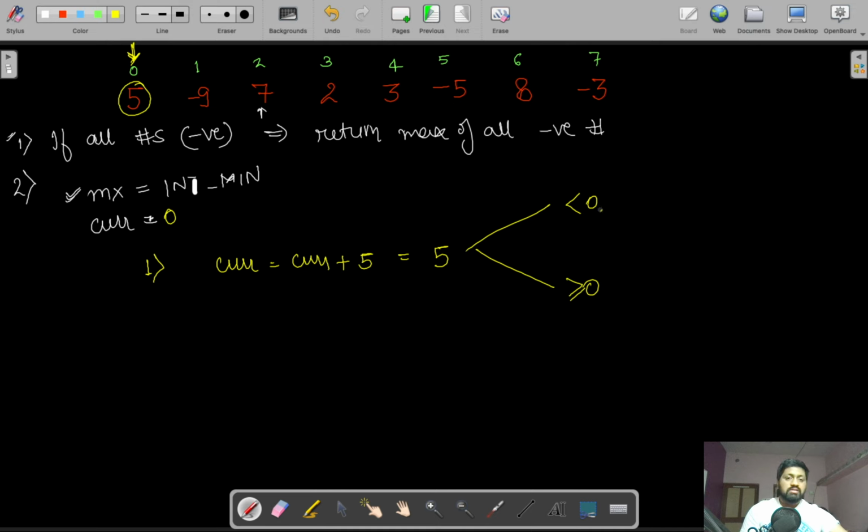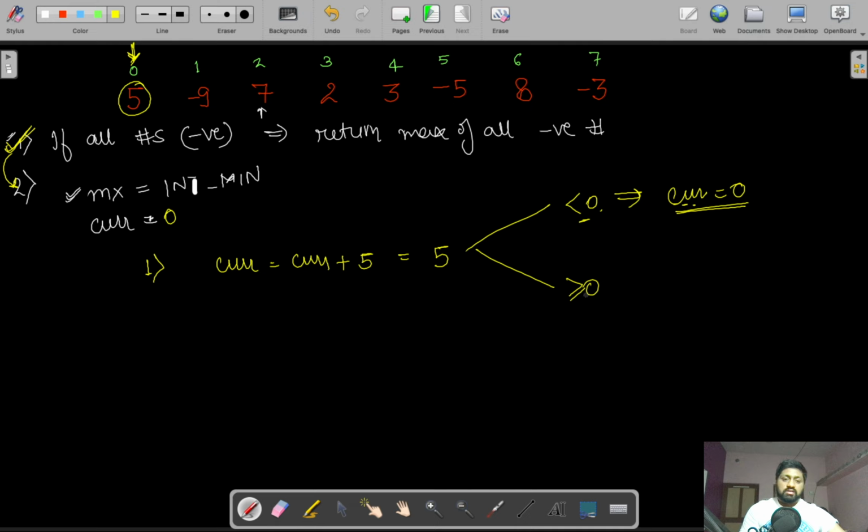If this is less than 0, then we are going to make current 0 again, because as I have shown you in the first condition, that condition is bypassed when there is at least one number that is not negative. So therefore we go to step 2, and when we get a current sum that is a negative number, that means there is no chance we can find the maximum in the current contiguous sequence. So in this case, we are going to initialize current to 0 again.